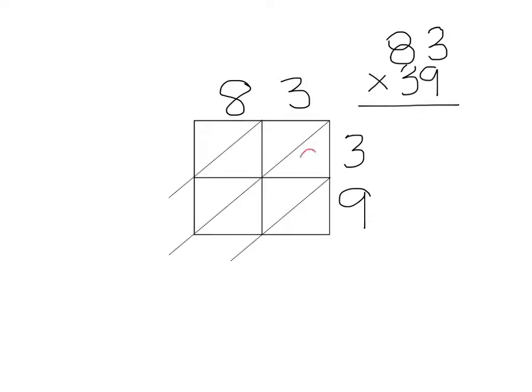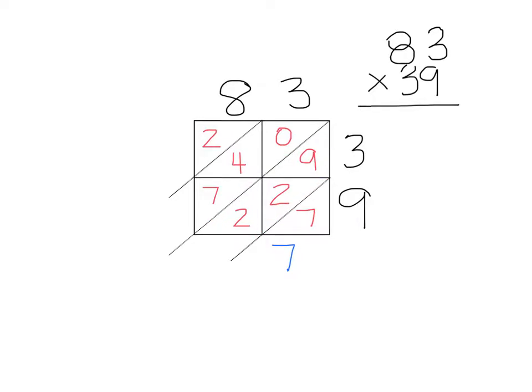3 times 3 is 9. Notice that I need to put a 0 up here just to hold its place. 3 times 9 is 27. 8 times 3, 24. 8 times 9, 72. Now, using just this first section, I'm going to put my 7, and then this section,